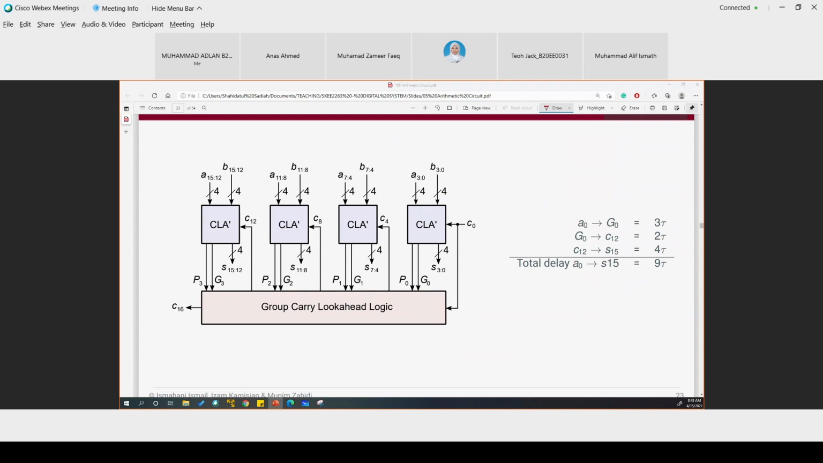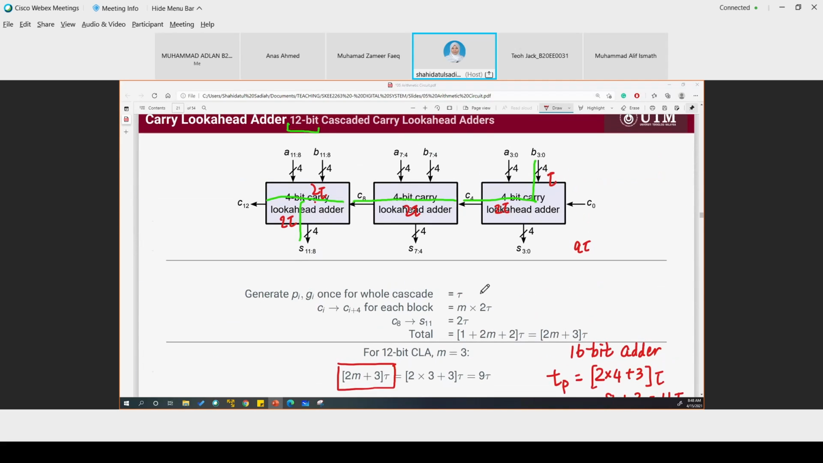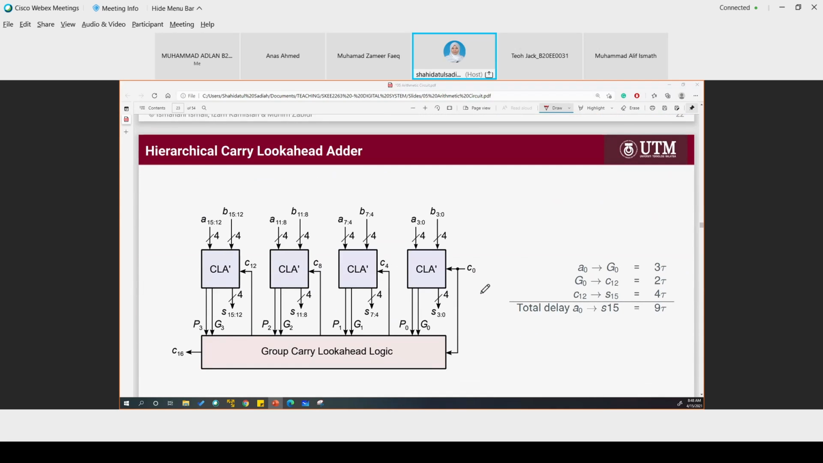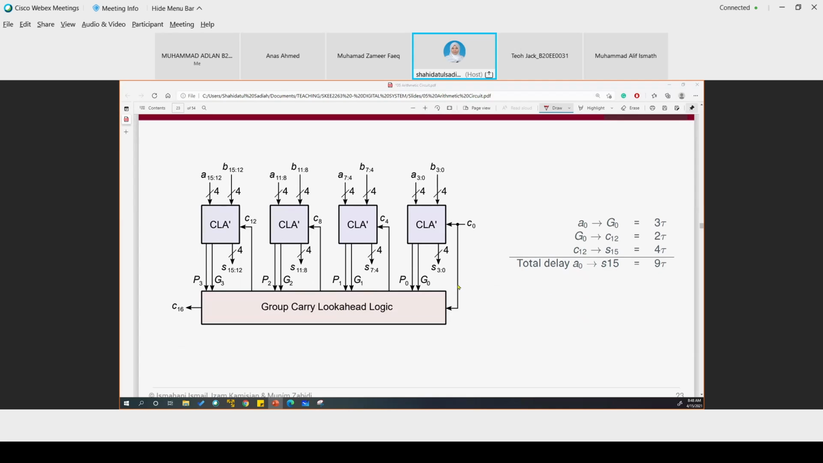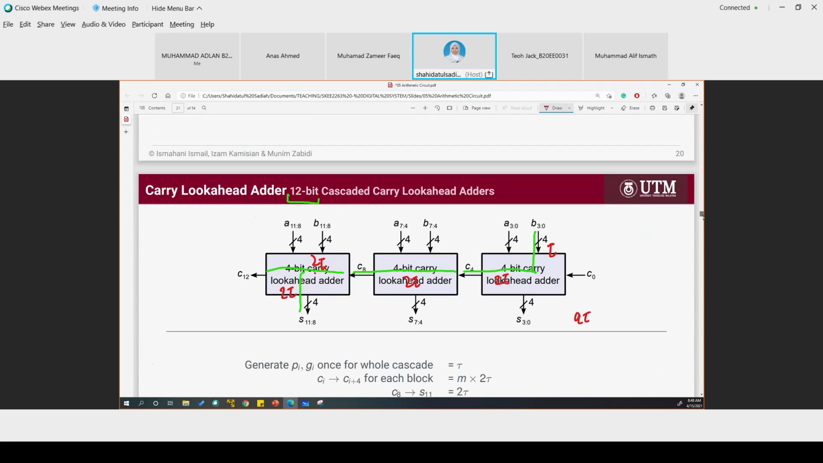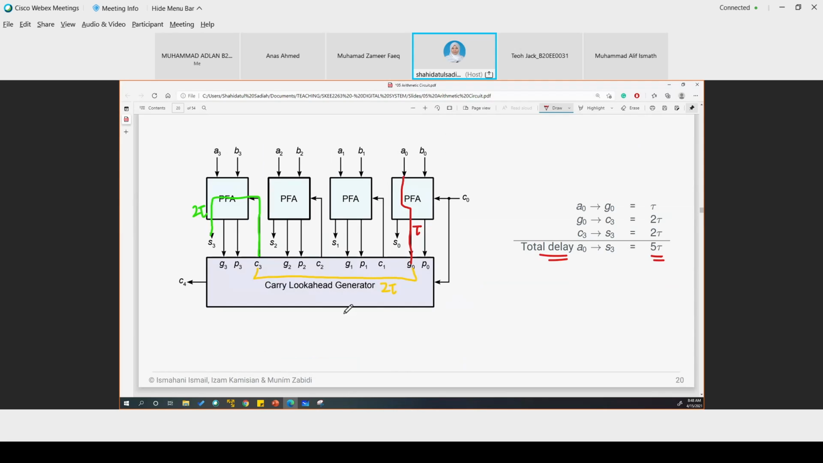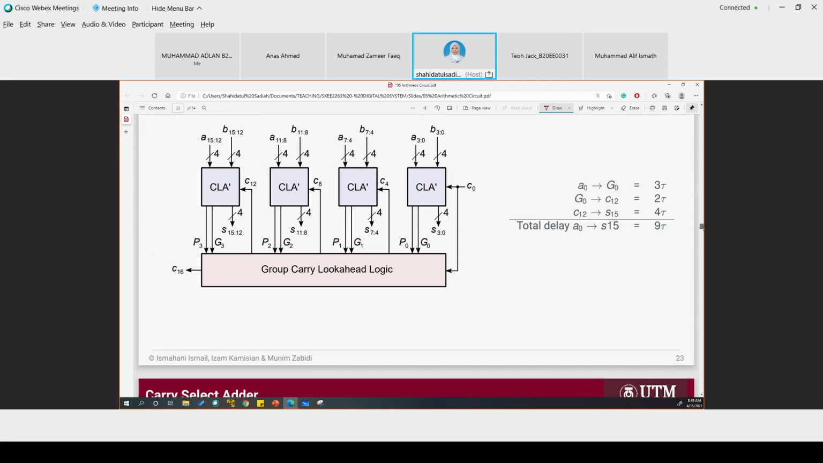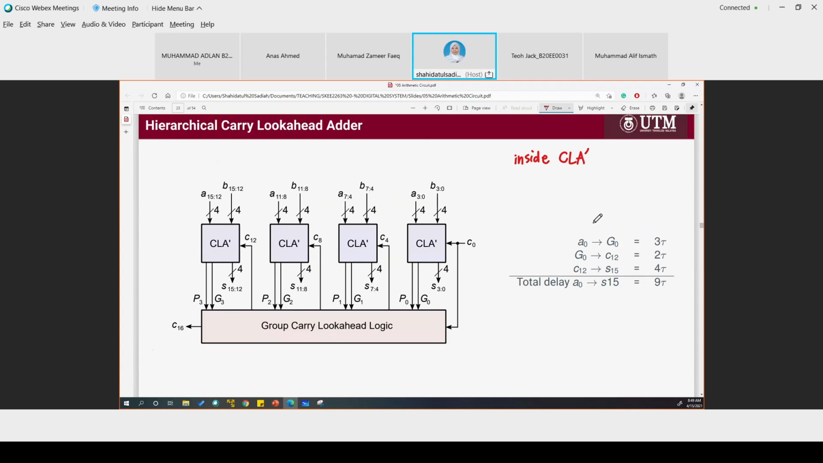Okay. So there are also 3 parts. So inside the CLA, inside the CLA prime here is the group, sorry because I keep scrolling, is this one, the 4-bit carry look ahead adder, right? 4-bit carry look ahead adder. So here we're going to